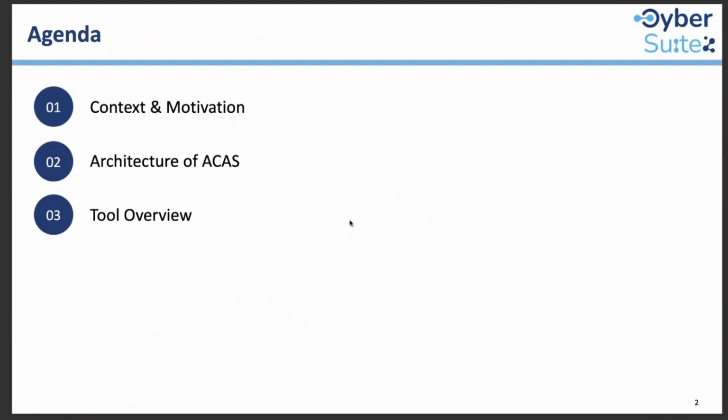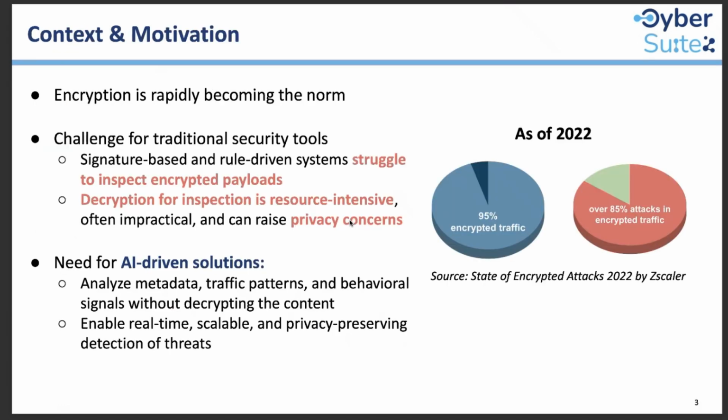So I'm going to present the tool ACAS, which stands for Advanced Cybersecurity Analytics Service. This is the outline of my presentation. I will start with the context and the motivation behind our tool, and then I will present the architecture of ACAS, and go through the tool overview, including the backend APIs and also the user interface. Encryption is rapidly becoming the norm for internet communication. As you can see on the right, according to the Zscaler survey, 95% of all internet traffic is encrypted,